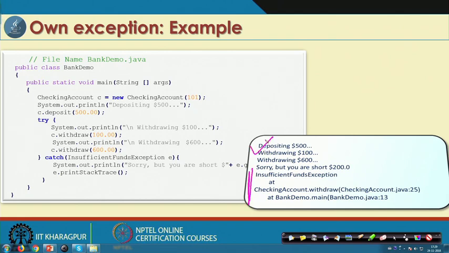So, this way the user can define their own exception and develop the program according to their requirement.